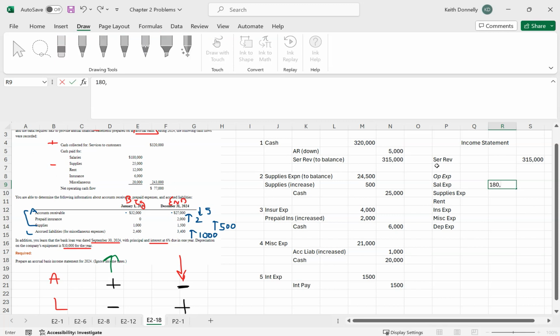It would be 180,000, 24,500, 12,000, 4,000, 21,000, 10,000. So we're looking at total operating expenses